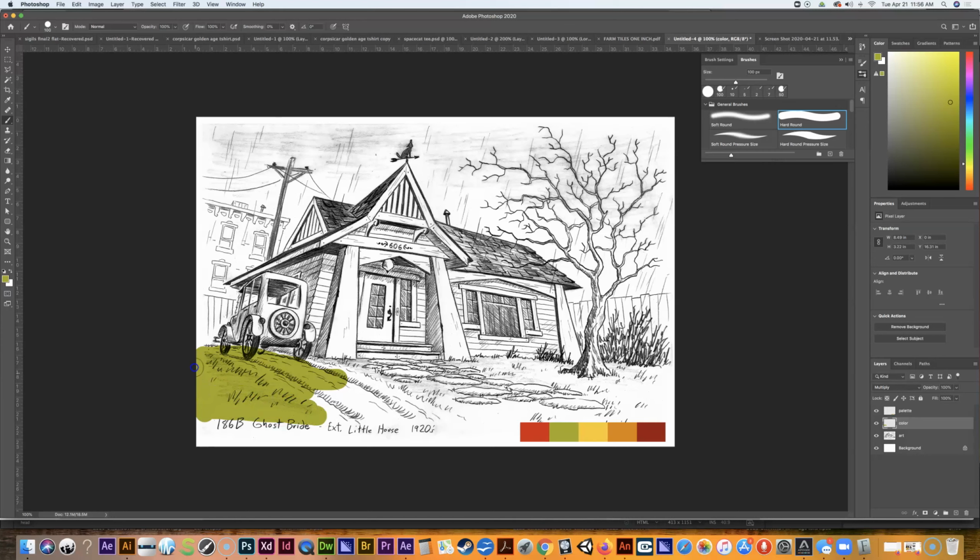So, I can go in and color all my grass in here. I'm not going to color the whole thing right now. I'll just show you this. But this is a super fun exercise. It's basically like working in a coloring book. Super fun. Now for the house here,